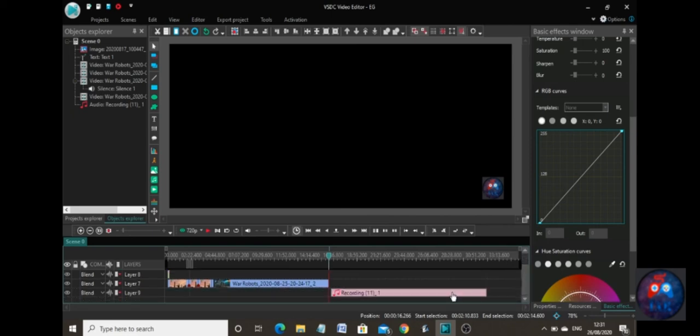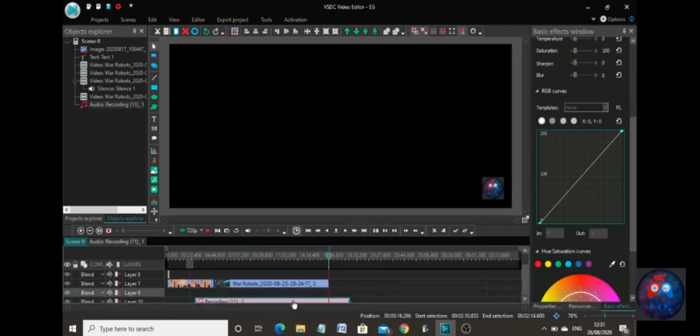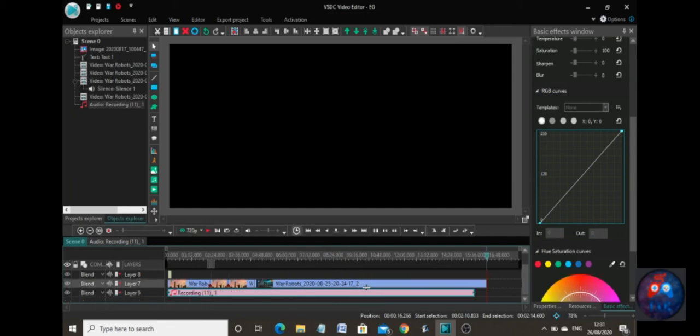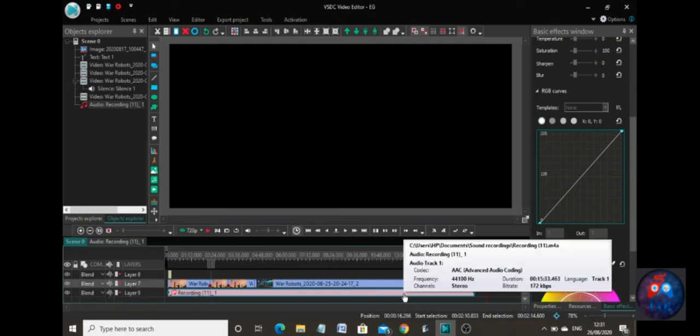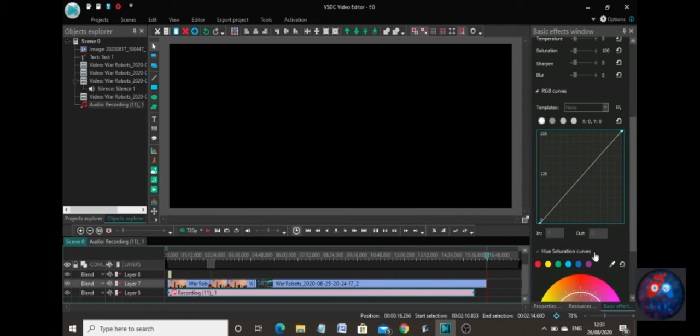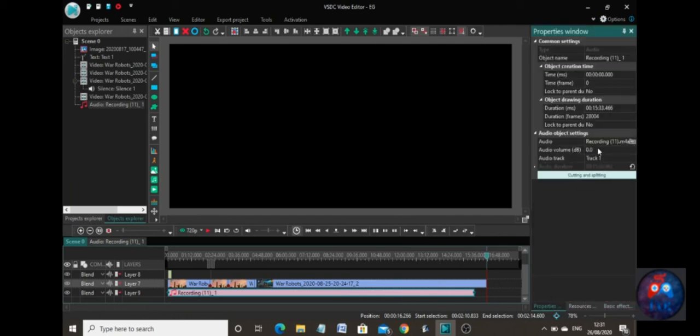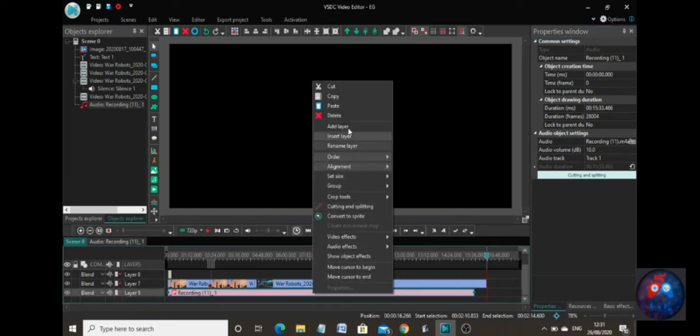If you come over here, you can see recording 11 right there, and now we can add it and fit it perfectly with all of this stuff. Like, this is the recording. You can change the location where it has to start. You can trim it and do the stuff. You can obviously go ahead to the properties and amplify it by increasing the decibels right there. You can amplify it, you can change duration and all this stuff,